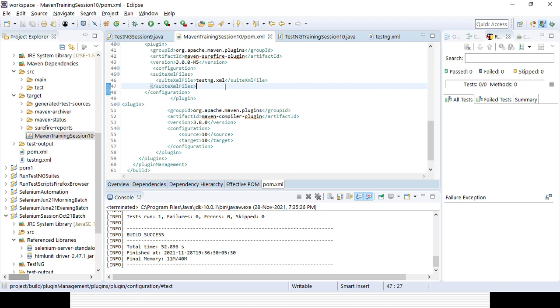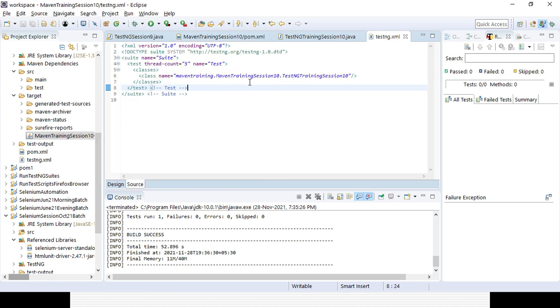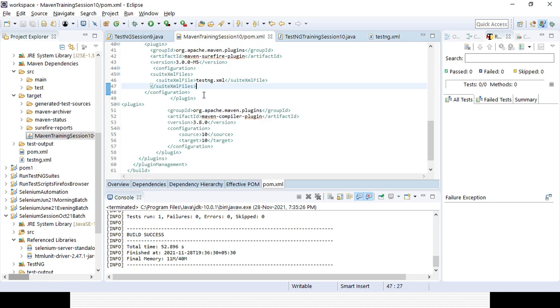Maven, yes. Suppose you are adding 10 TestNG classes. In the testng.xml file you will add them, and the grouping concept, everything will be derived from the testng.xml file. If you want to use parameters, everything will be driven from the testng.xml file. Based on the testng.xml file, it will run.